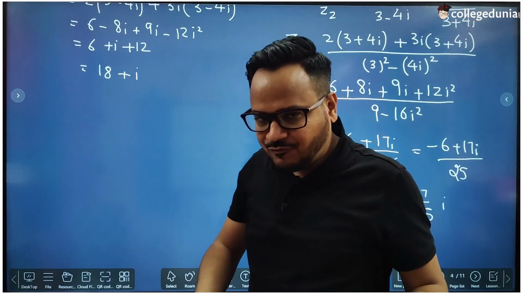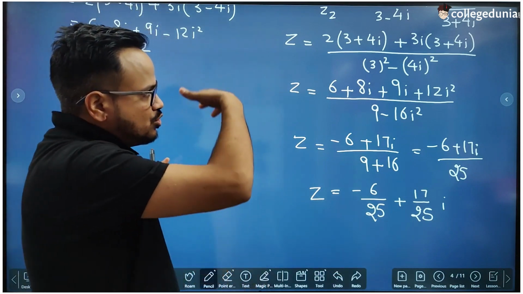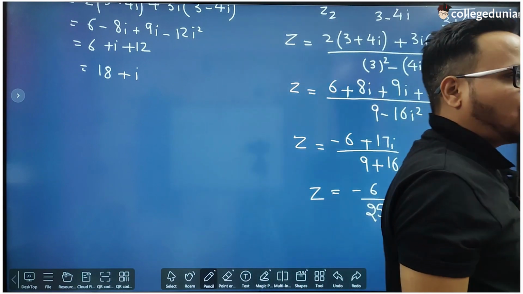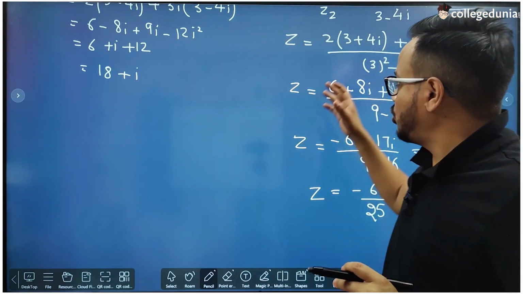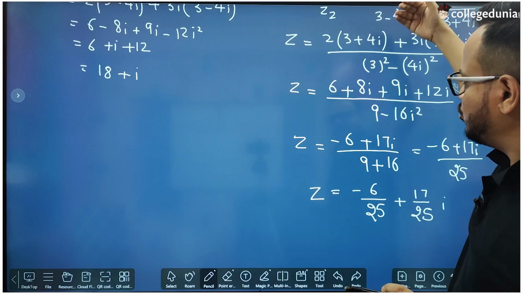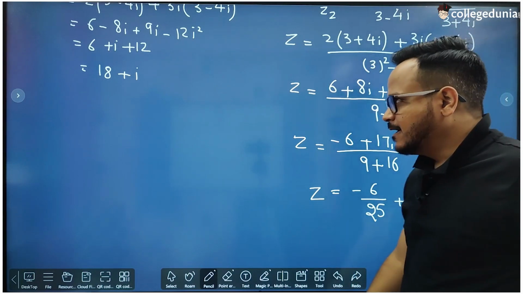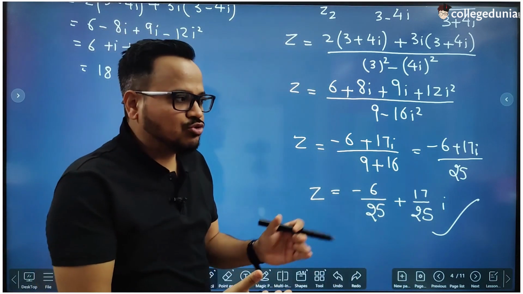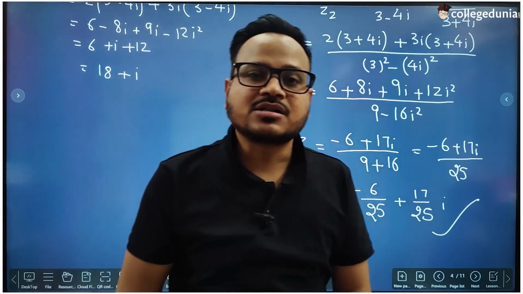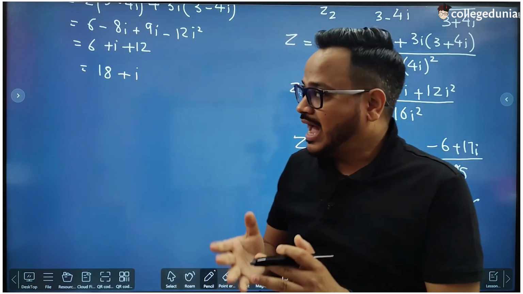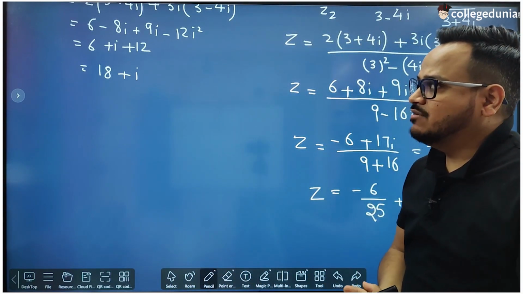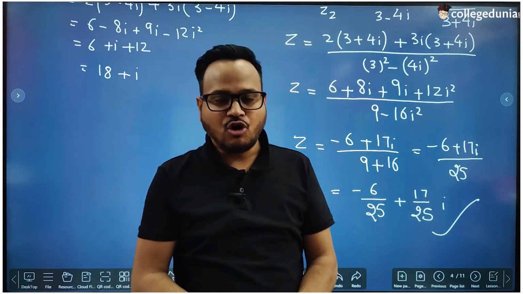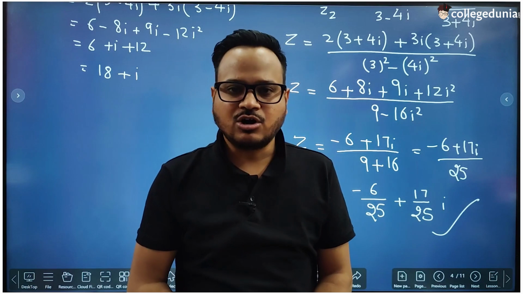So in division you have to do this extra step, that is, you have to multiply by the conjugate of the denominator to change this complex number z1 by z2 into its standard form, right? So these are called the complex numbers, and this was the algebra of complex numbers. That means how you can add, subtract, multiply and divide two complex numbers, how you can change a complex number into its standard form, and what the standard form of a complex number is.